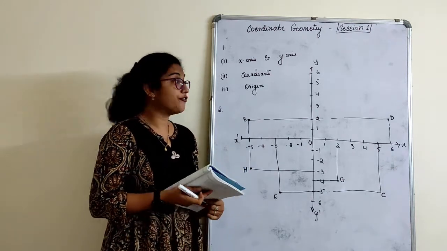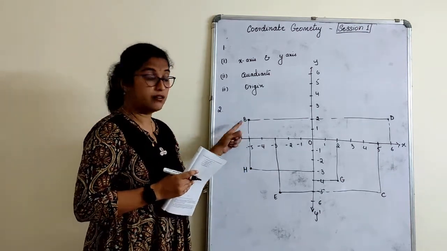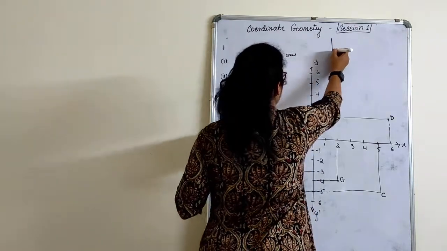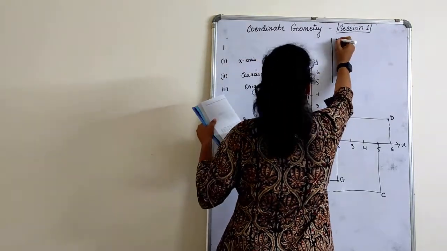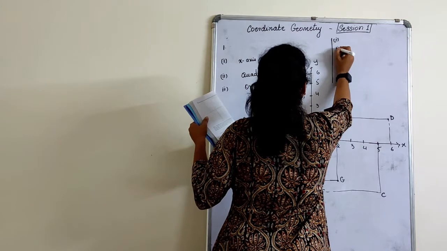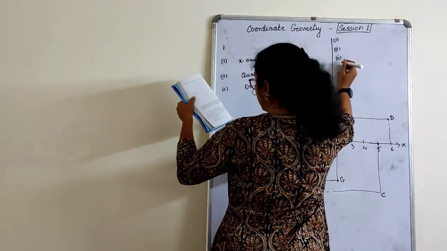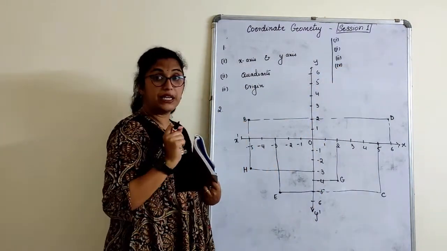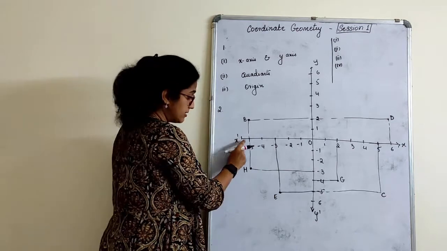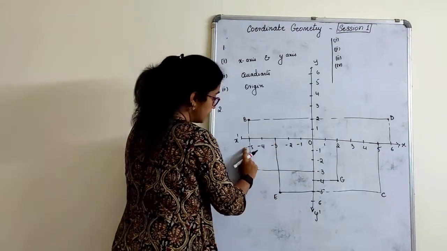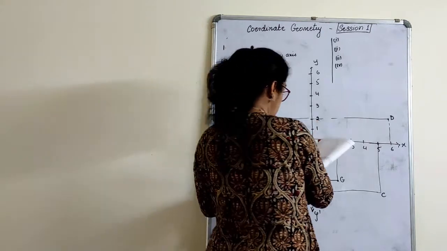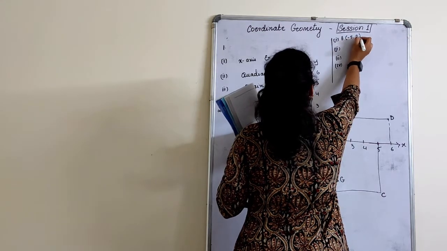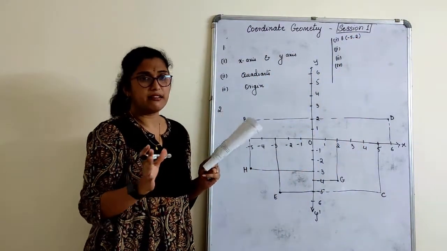The coordinates of B is... How do we write the coordinates? We first read. I want writing answers here, children. Okay. So first one, second one, third one, fourth one. Let us finish till here. The coordinates of B is asked. How do you read? First read the x-axis. Minus 5, and this is minus 5, this is plus 2. So you read that as minus 5 comma 2. That's all you have to write, nothing here.